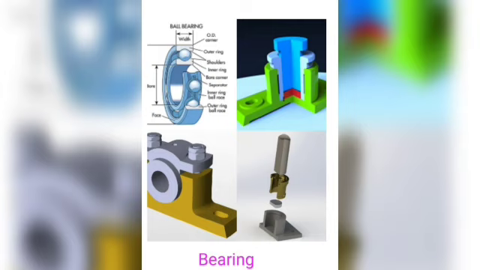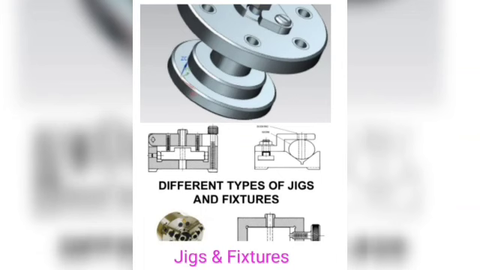Here you can see the types of bearing. It is a very important topic from the mechanical point of view. Initially we will cover the frictional bearing and then the anti-frictional bearing. In frictional bearing there are the plumber block and footstep bearing, but in anti-frictional bearing there are ball bearing, roller bearing, needle bearing, and types of bearing we are going to cover.